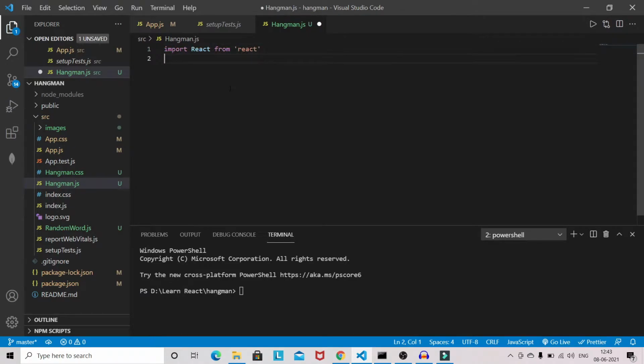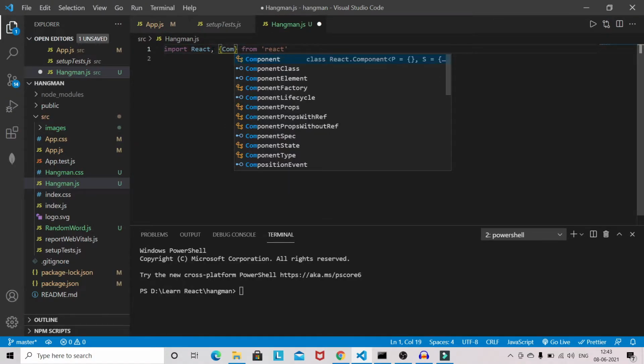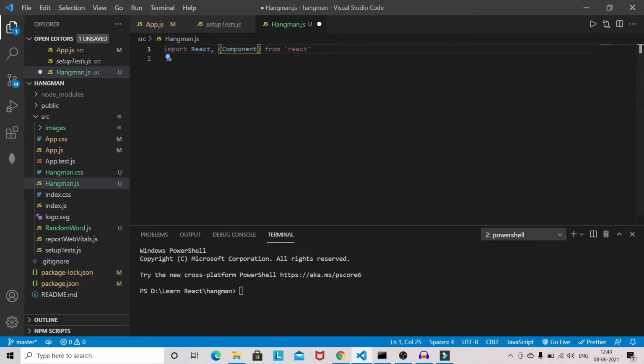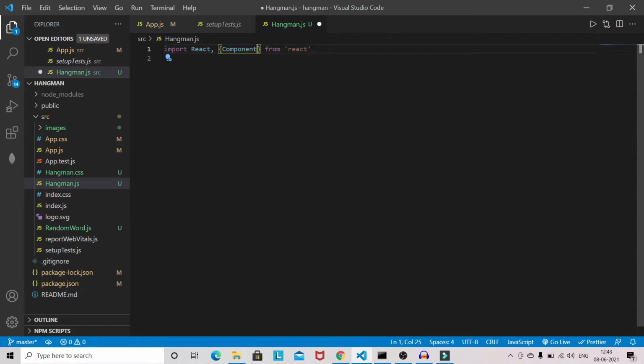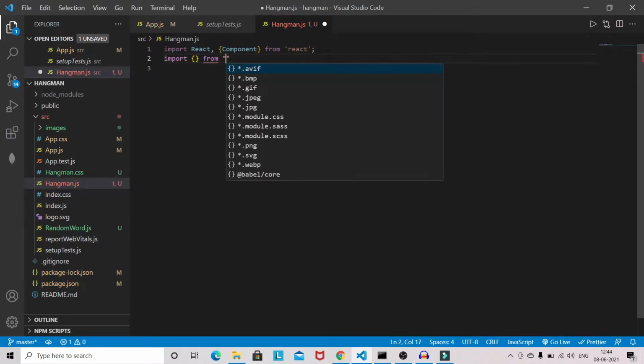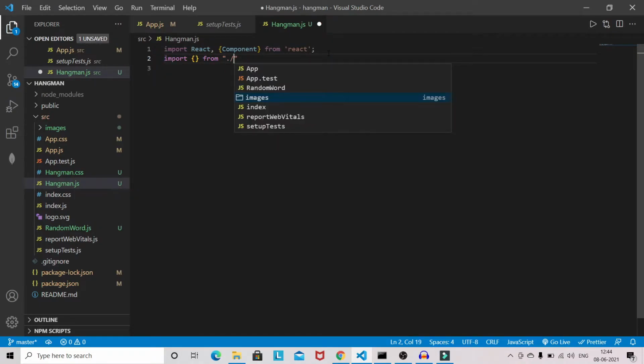First I will import React, and I hope you know the class based component. Then I will import the random word from that file, which contains around 20 different programming languages.